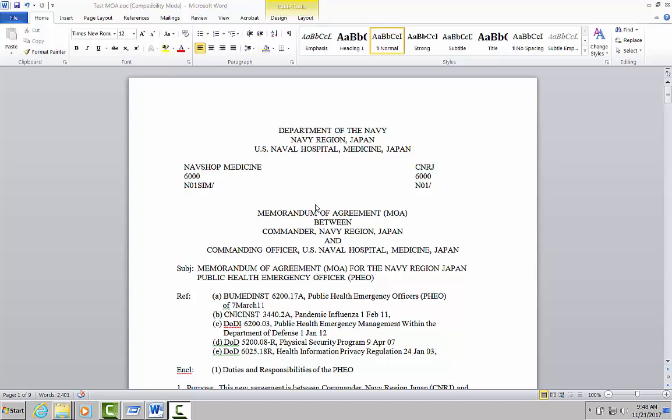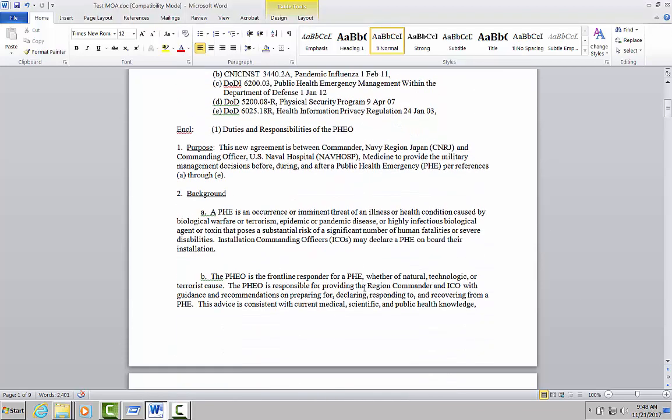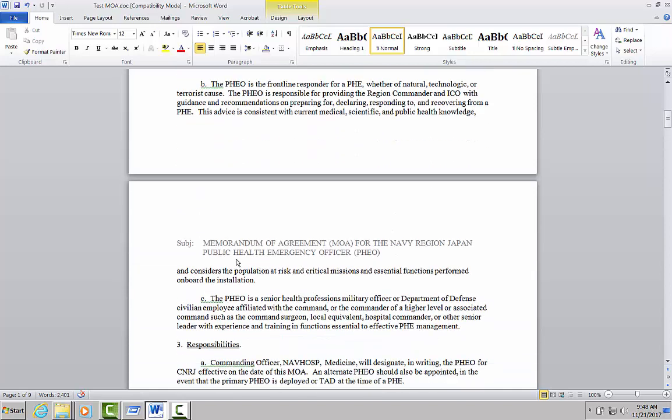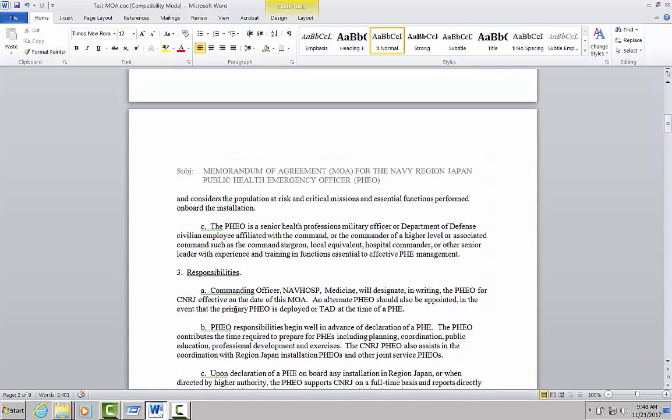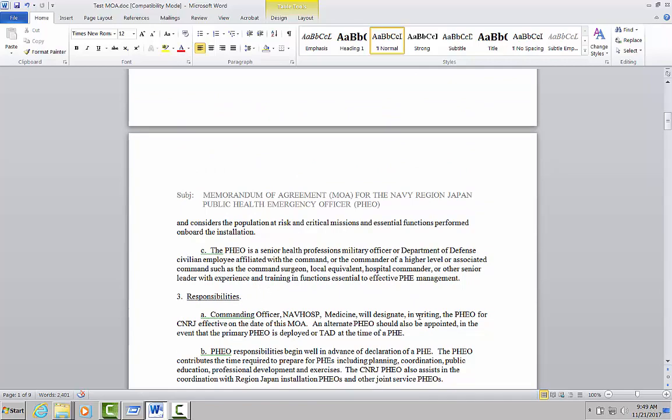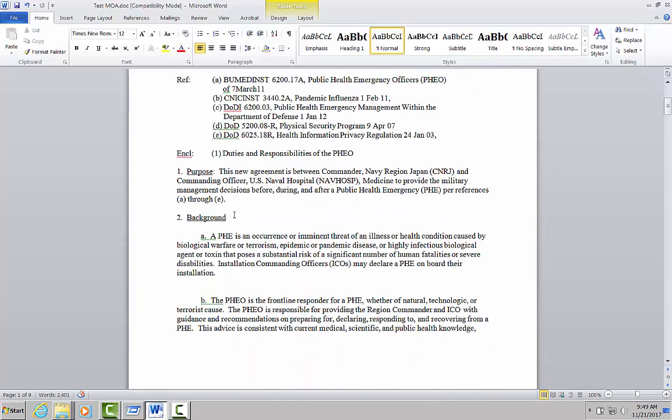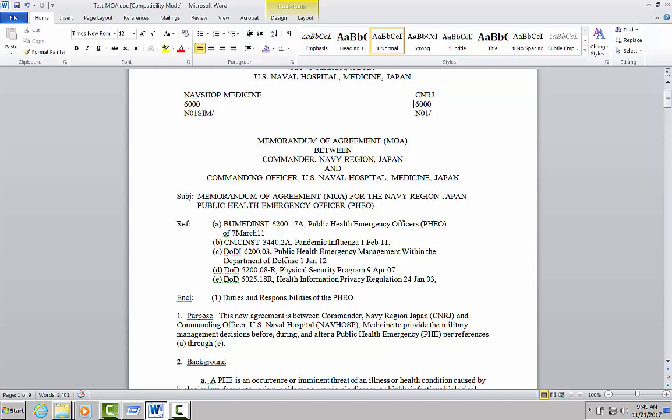So first thing you want to do is, you see I opened up a document here. This is a common one that I see. There's some extra spaces in here. There's some semicolons here, and we got some periods here. And there's a period here, but there's not, and there's a period here, no text after it, and there's no period here. So we're going to go through this entire document, take about 5-10 minutes,